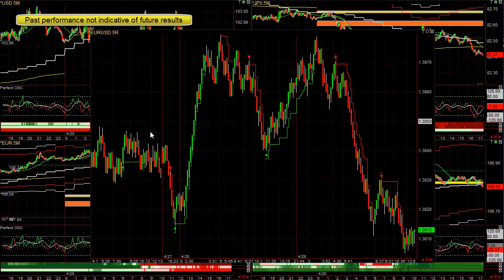But here is an example of our new signals, which I've only worked on for the last month and a half, using some of the highest probability methods I've been able to find. And you can see, you have a small loss here, small win here, huge win, small win, nice 15, 20 pip win, 20 pip win, huge 10, 20, 30, 40 pip win, and another 10 or 15 pip win there